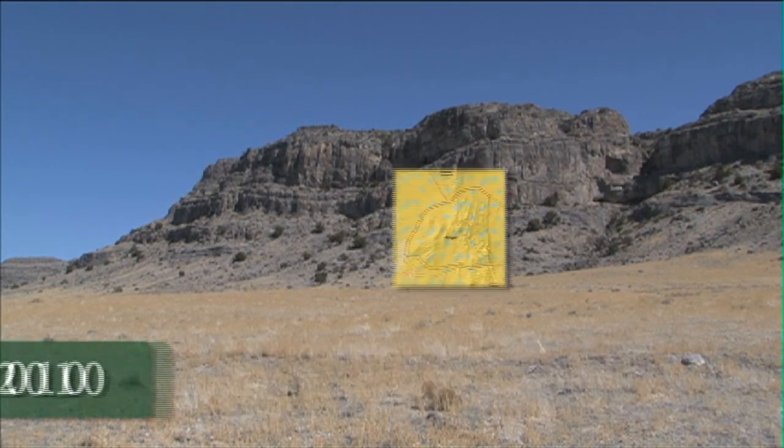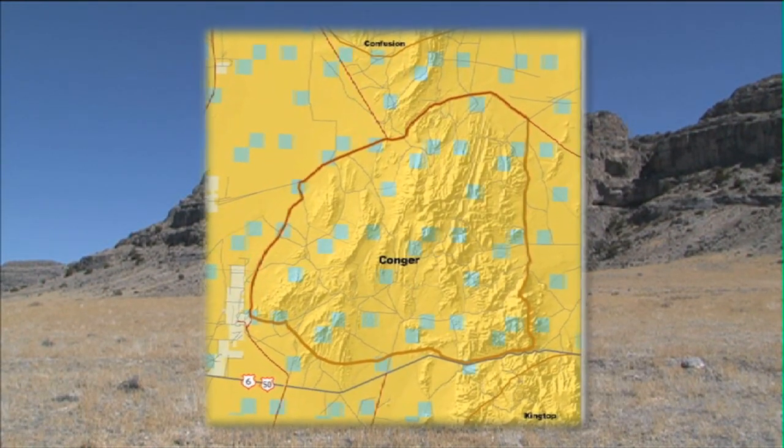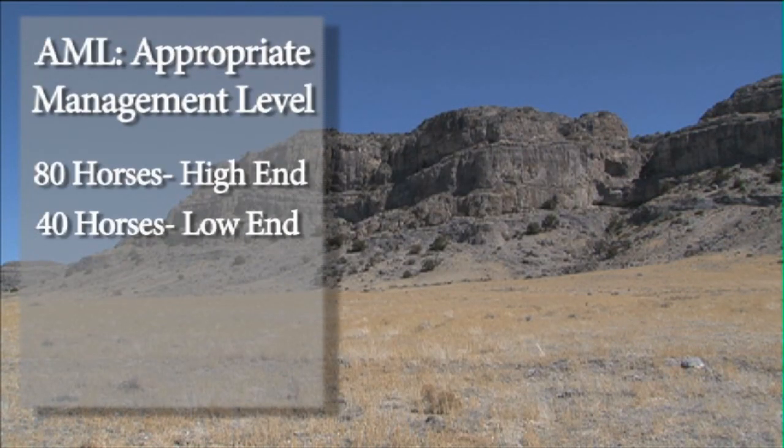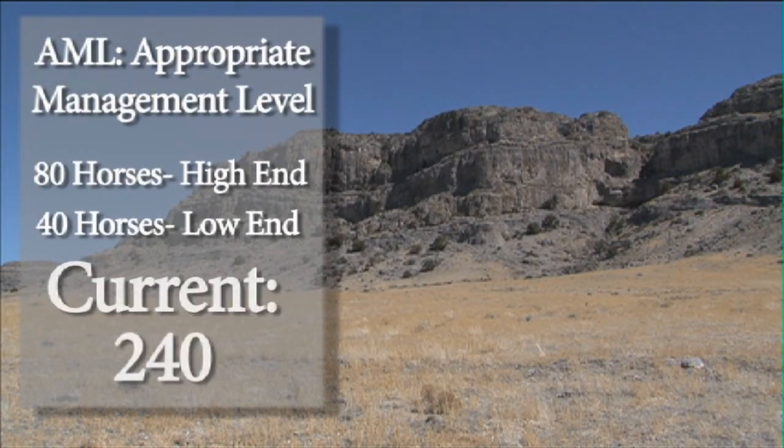We're out here on the Conger Mountain HMA. We have an appropriate management level for these horses ranging from 40 to 80, and our current population is around 240. We can look around and see the green up that these horses are chasing in some few areas that will also, as they